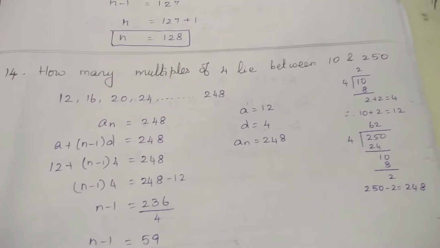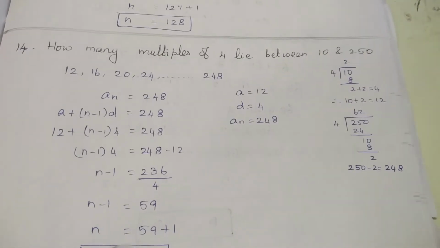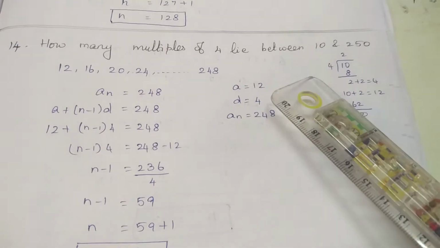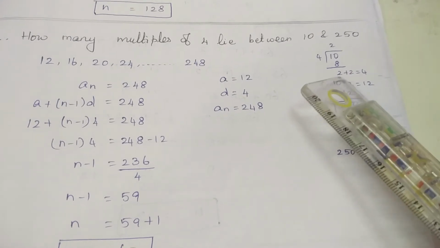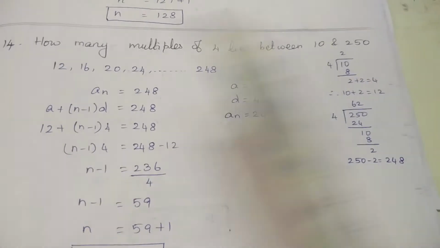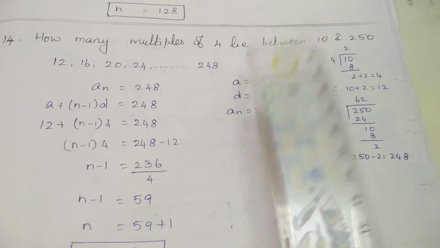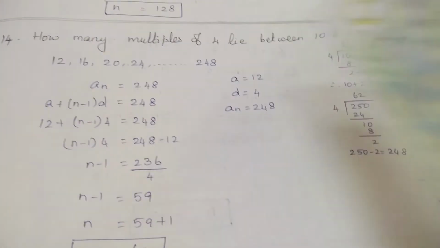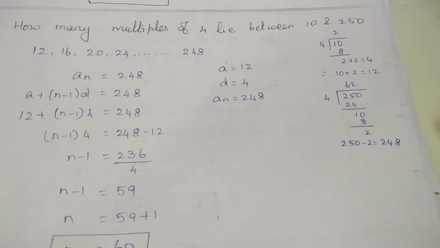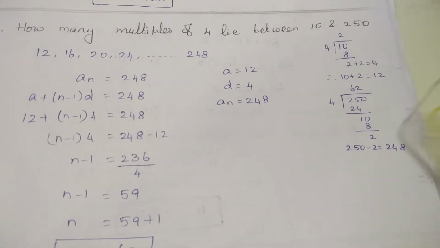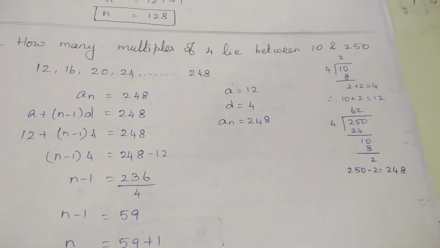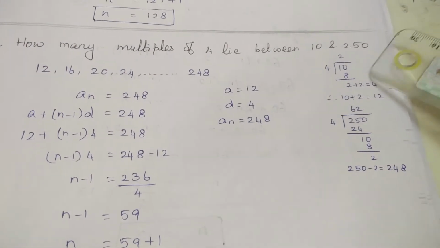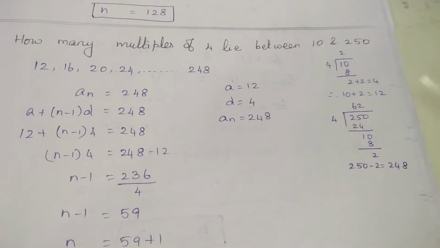Then, how many multiples of 4 lie between 10 and 250? Same like that, 10 divided by 4 gives you 2, so we add 2, which gives 4. This is easy, you know the 4 table, so you can directly put it. Why am I explaining here? If you learn with easy numbers, you can learn the highest numbers very easily. That's why I did it. Anyway, you will check it. If you know it directly, you can do it. It's not necessary, but for checking purposes you do that.